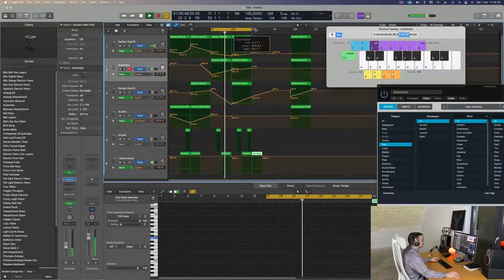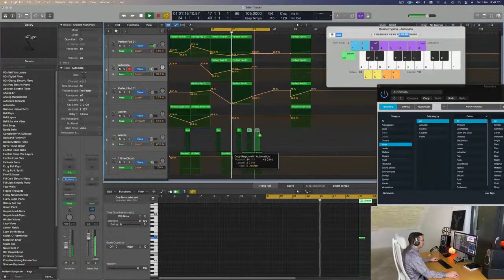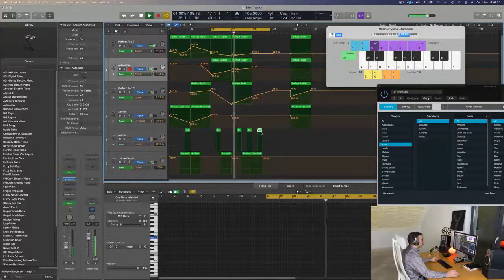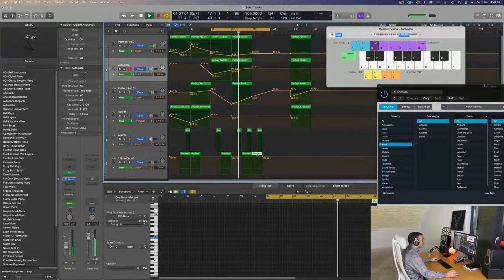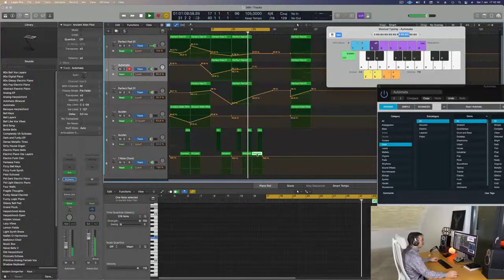So after all this, I will just completely take it down, let it go up completely. Probably gonna keep this here to keep some tension. And then